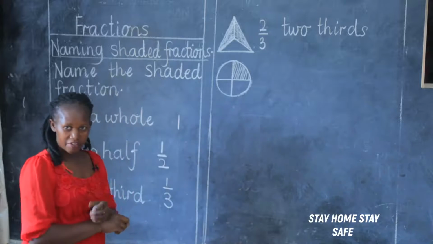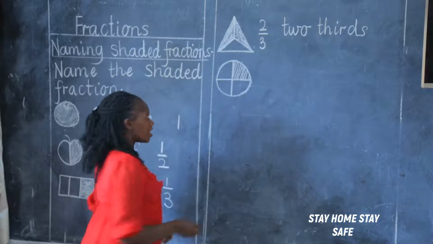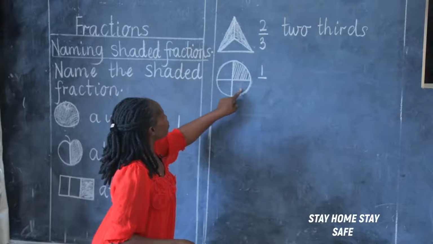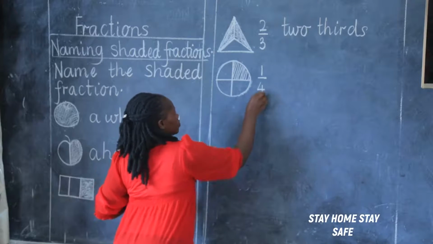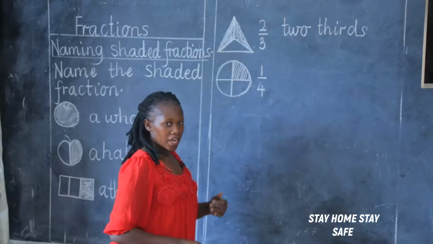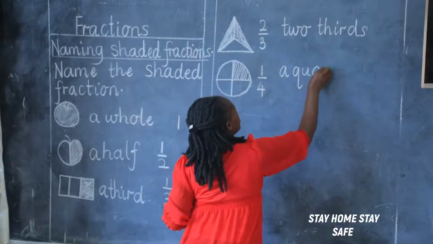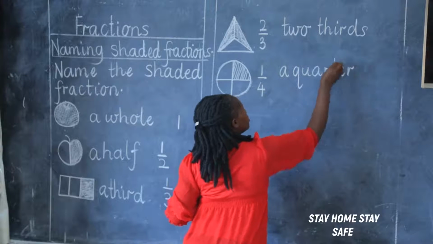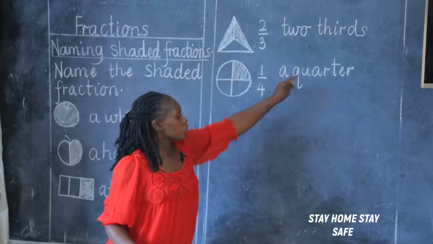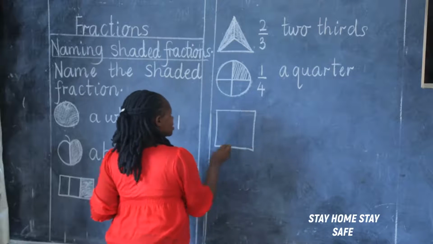How many parts have I shaded? Just count very fast. Only 1 part. I have shaded 1 part, out of how many? Out of 1, 2, 3, 4. Which fraction have I shaded? I have shaded 1 out of 4. And I call it a quarter. I told you, a refers to 1. A quarter. But if I shade like these ones,